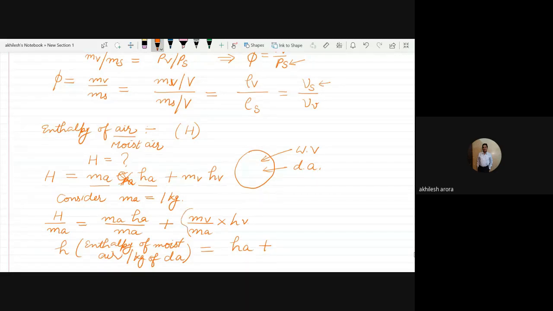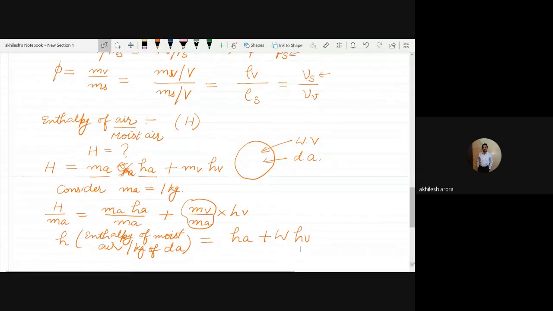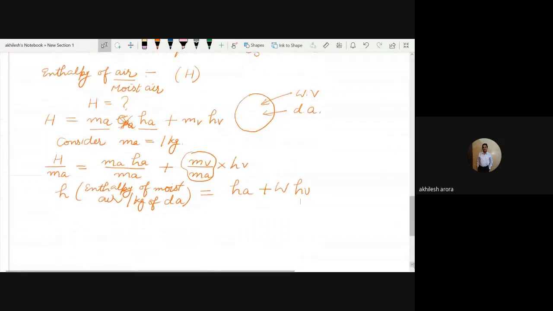Do you remember? Can anybody tell me? कोई बता सकता है? So absolute humidity. It is W. So W times HV. ओके, तो ये वैल्यू आ गई मेरे पास. तो अब क्या करते हैं, थोड़ा सा इसको और सॉल्व कर देंगे. सॉल्व करेंगे तो हमारे पास क्या आएगा देखते हैं.